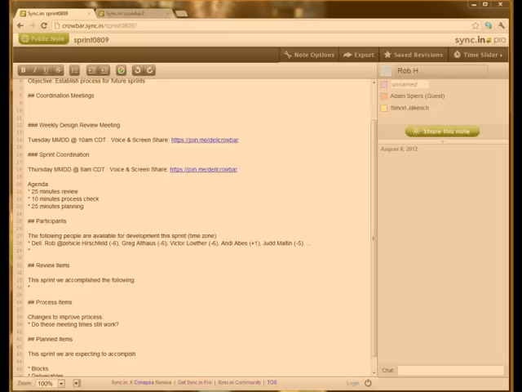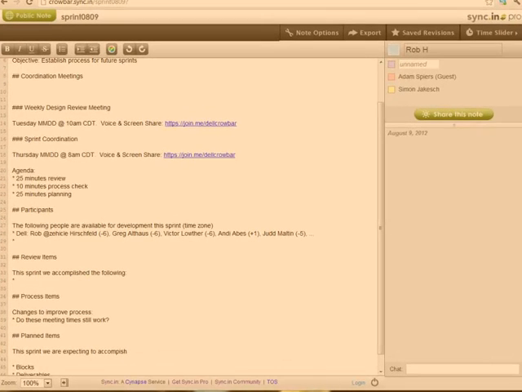This meeting is a weekly meeting to coordinate sprint activities around the Crowbar 2 refactor. The intention of this meeting is to tell people what's gone on, tell the community what's gone on with Crowbar in the last week, where progress is, discuss process changes so that people can get more engaged if they feel like there are things that we should improve in the way we operate the project or collaborate with external parties, and then spend some time just trying to figure out what's coming next, how people can collaborate with us. If they're blocked, what we could be doing to help unblock them so they could collaborate.